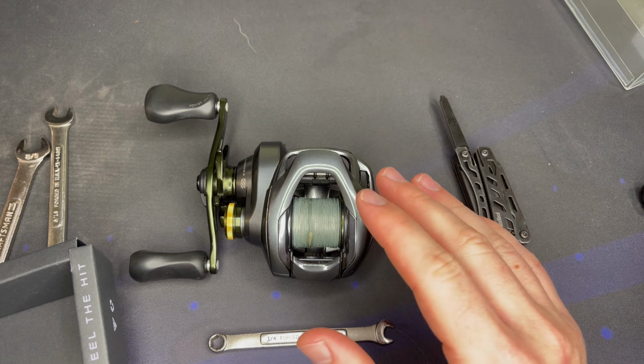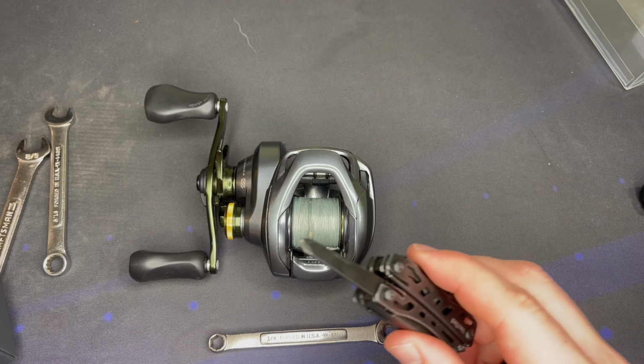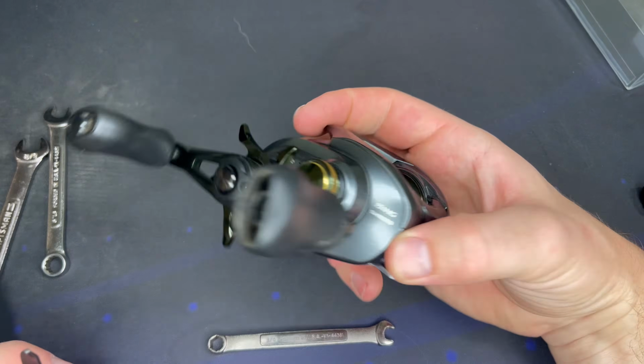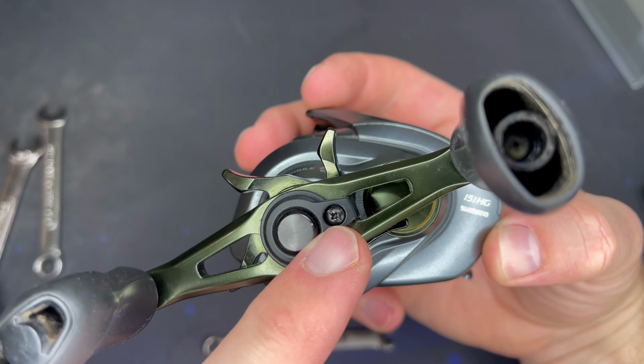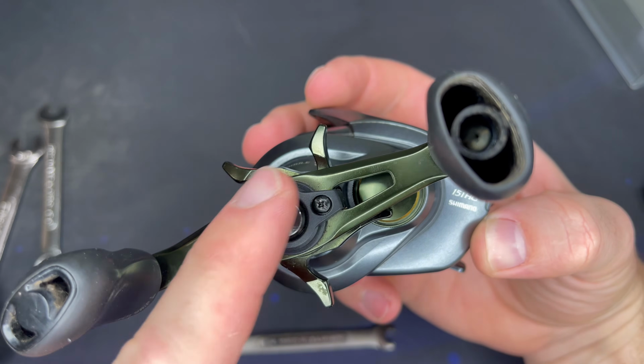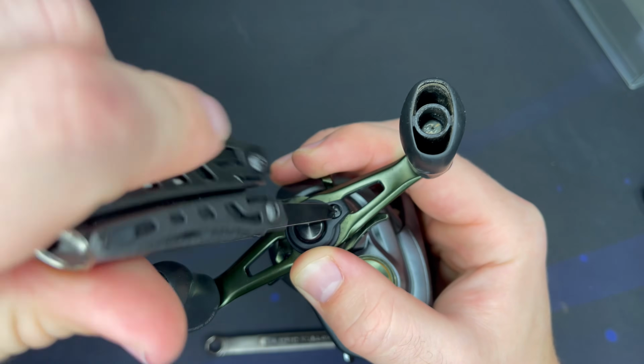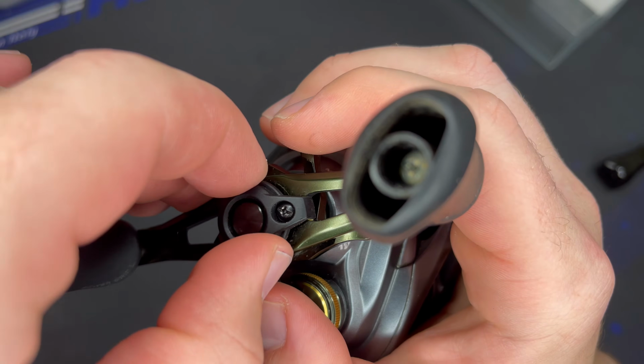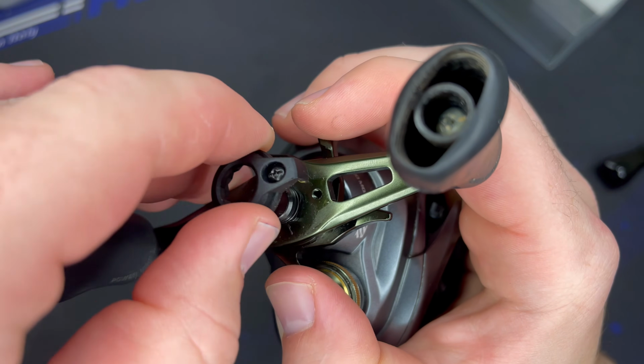So now to start off, we're gonna need a small screwdriver. I'm just using my multi-tool here, but you're gonna start off by unscrewing this one right here, and then you're gonna take off this plate right here. So now that we've got this guy unscrewed right here, you're gonna be able to take this off right there,